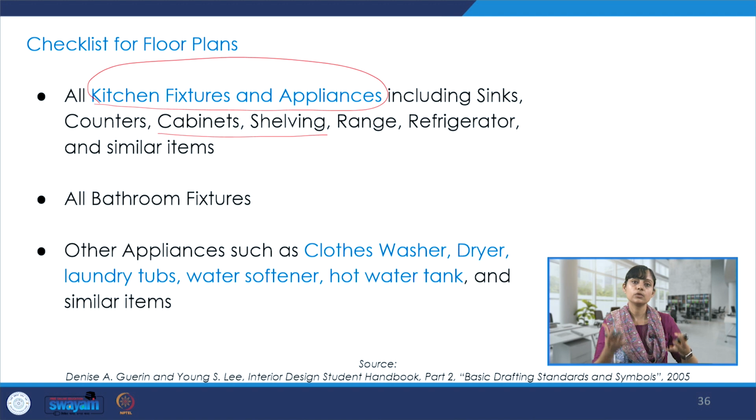Where is your refrigerator going to come? Where are you going to put your sinks? And where are your storage units going to come? Whether the storage is above your eye level or just below your waist, even those kinds of positioning need to be shown. Also appliances like dryers and water tanks, etc. So we could use these line drawings so effectively to showcase and highlight all these details that go into making interior spaces very functional, aesthetic, and creative.